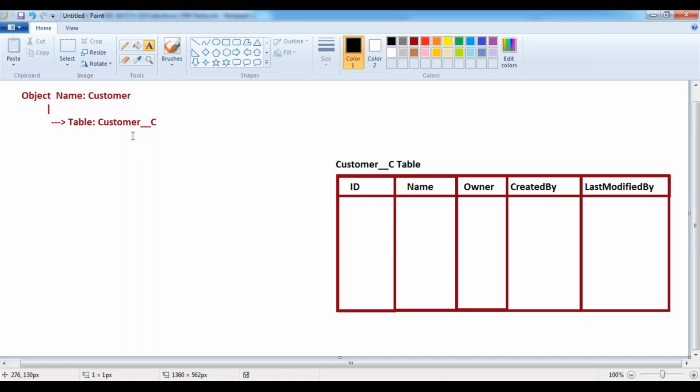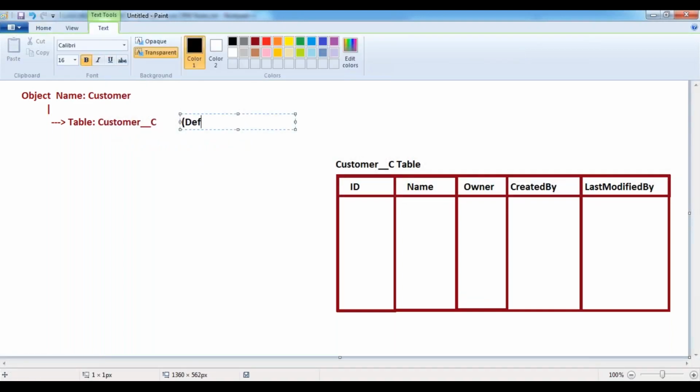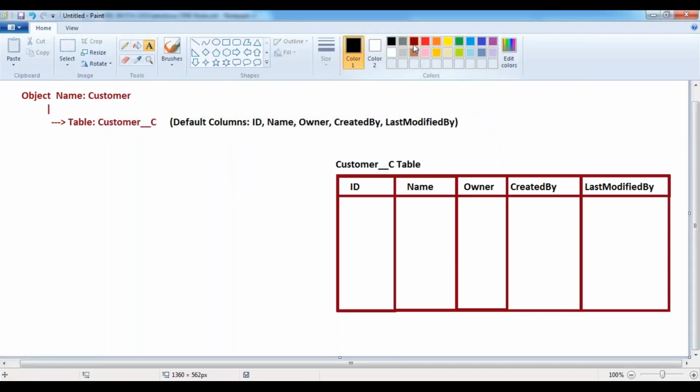Now, inside this table it will add those 5 default columns. What are those default columns? The ID column, Name column, Owner column, Created By column, and Last Modified By column. These are the 5 columns given by Salesforce by default in each and every object. And along with that,